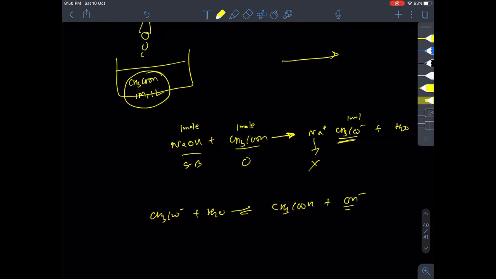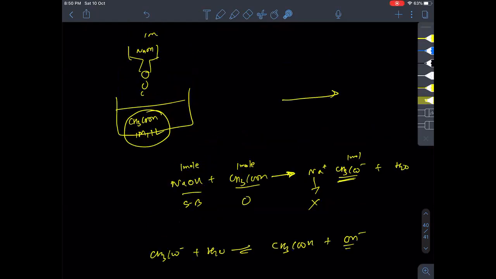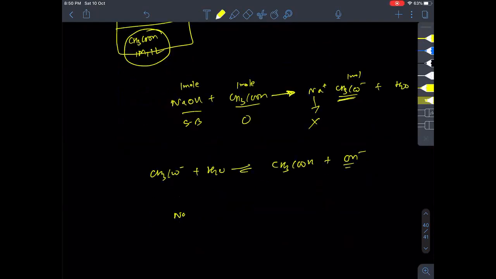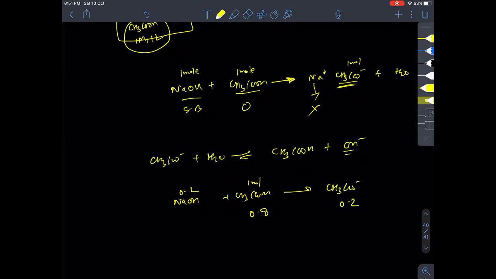Now the question is, sir, what will happen between pure acid and pure salt? In between, what will happen? Suppose I just dropped 0.2 mole of NaOH. If NaOH is only 0.2 mole, then acetic acid, which is actually 1 mole, will be left 0.8 and you will get acetate ion, which will be 0.2. Now in the mixture, we have both of these things.